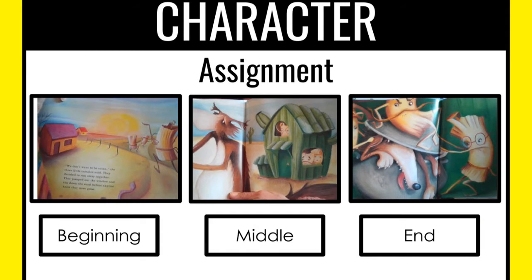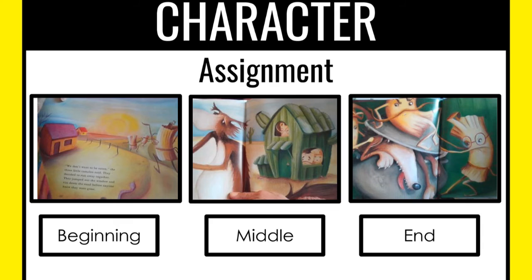For today's assignment, we will be examining the character, the third little tamale, and how the character changes. We'll track the third little tamale's feelings. So go back to the beginning in your text. When you notice a new feeling that the third little tamale is experiencing, pause. Visualize what the third little tamale's face looks like. Then think about what caused their feelings to change and type it into your Google Doc in the box labeled beginning.